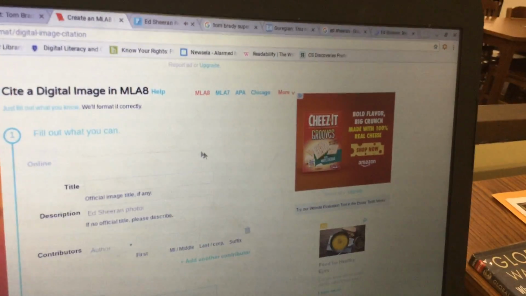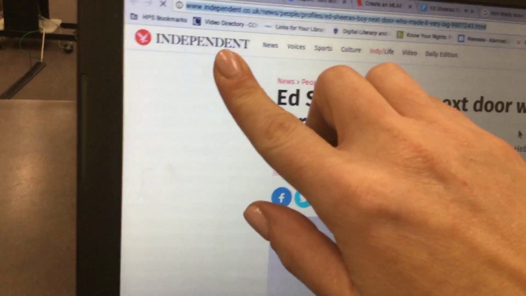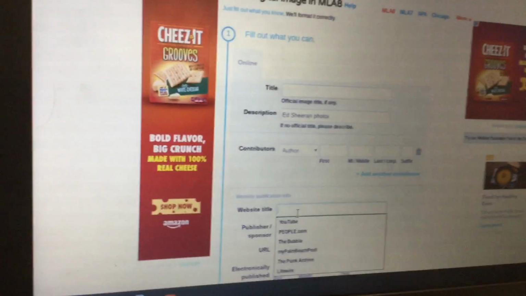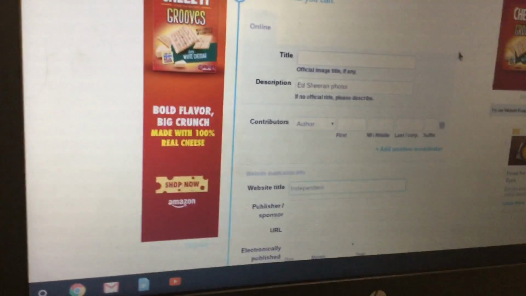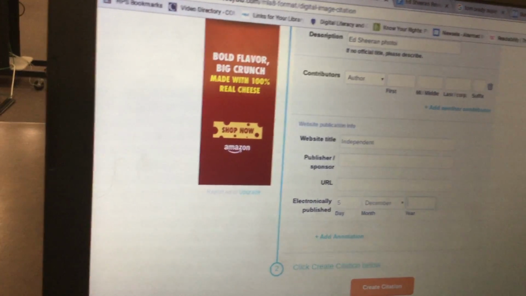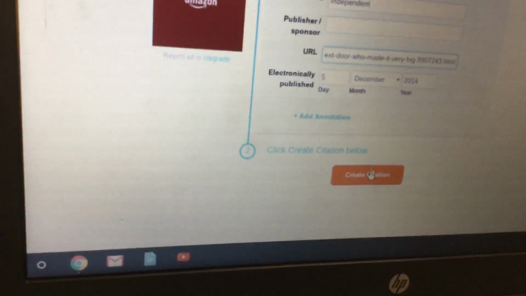Website title, again, look at the website to see the title. So Independent, we do have a date, December 5th, 2014. So we're going to put Independent for the website title, and the date down at the bottom, and then click where it says URL and hit Control-V on your keyboard to paste the URL, hit Create Citation,